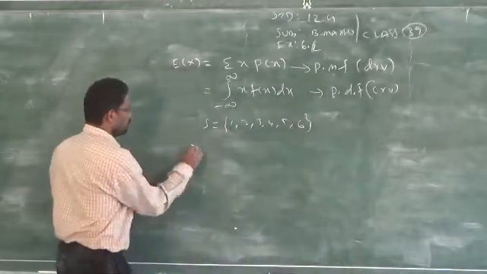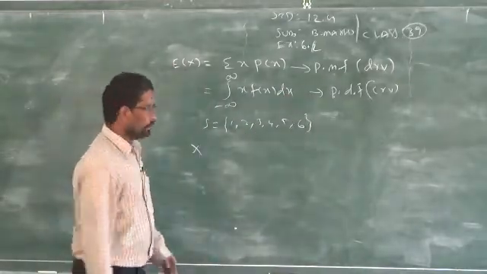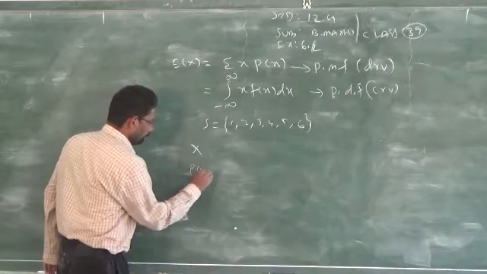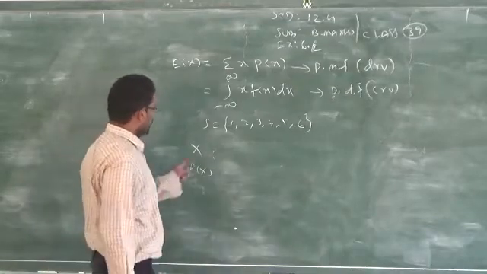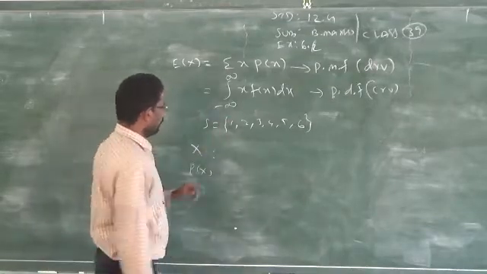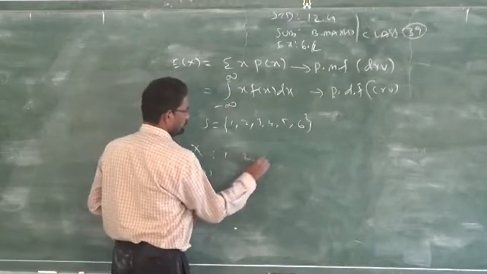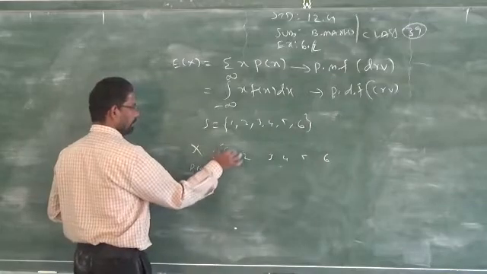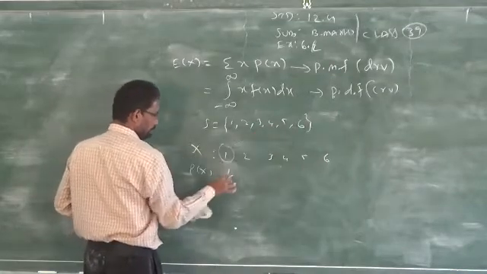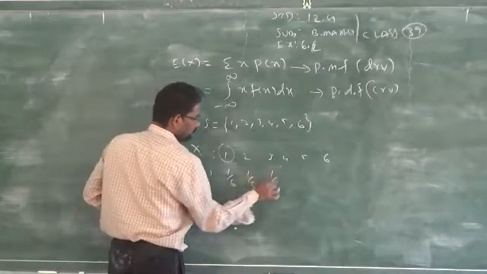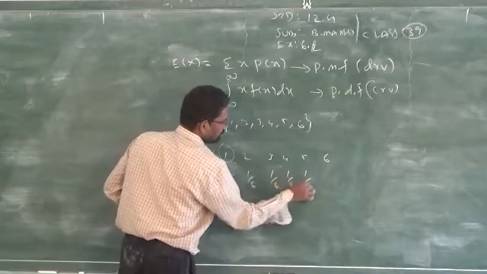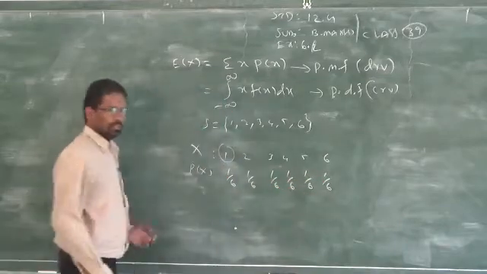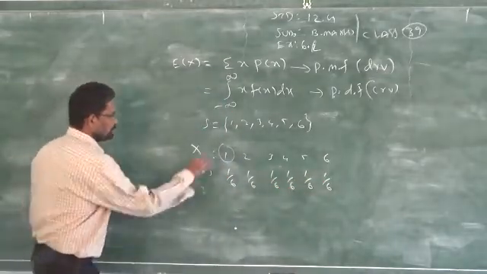How do you form the PMF, that is the probability mass function? You have to take the random variable and the probability. So what are the values for the random variable x? 1, 2, 3, 4, 5, 6. What is the probability of getting number 1 on this face? 1 by 6, 1 by 6, 1 by 6, 1 by 6, 1 by 6. So this is the answer. So now this is the PMF.